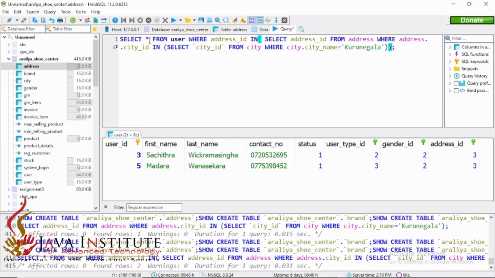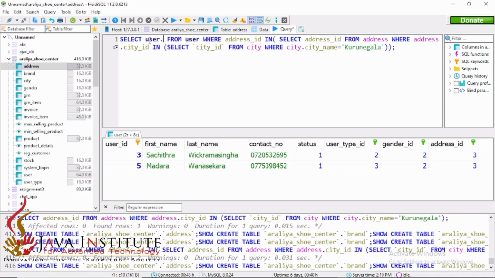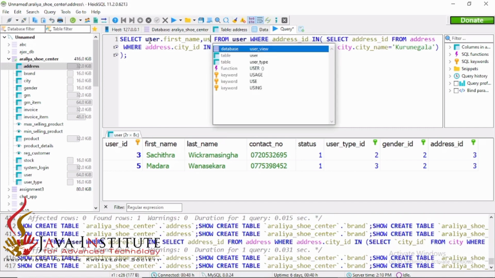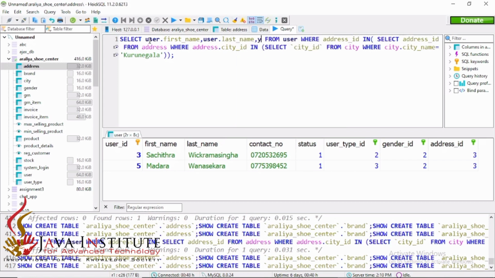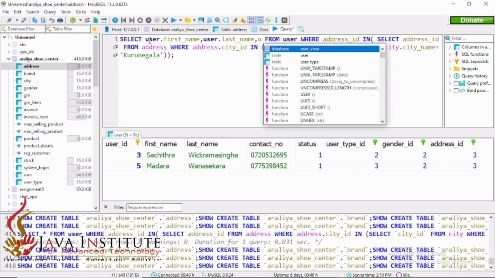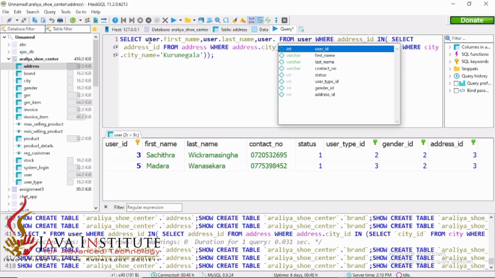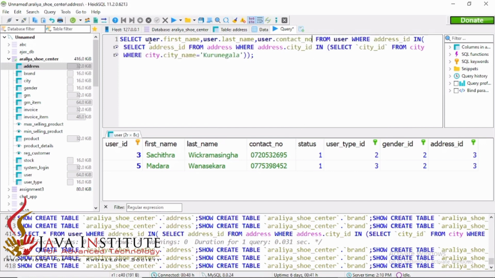Okay, then we have to customize those things here to find out only the necessary details. So we have to find out only the user's first name, the user's last name, the user's contact number, and the user type ID and the gender ID only.